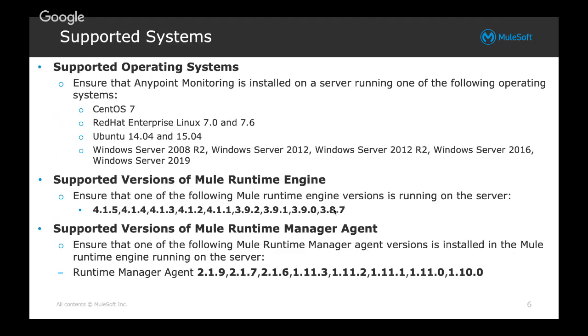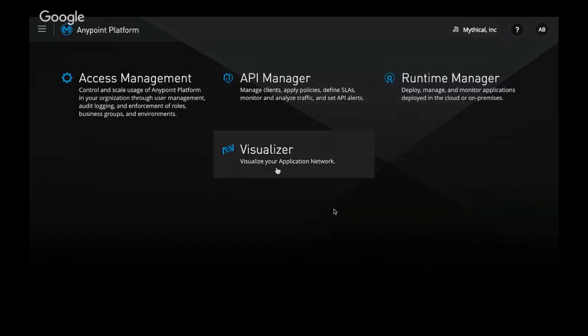In the supported versions of Mule runtime, it is mostly 3.8.7 upwards. I don't have 4.2 here. 4.2 is pretty recent, so I will update this slide to include 4.2 as well. So it's supported from 3.8.7 onwards till 4.2. And then you have to have a Mule runtime manager version also, which is compatible with endpoint monitoring. So these are the versions that currently support Endpoint Visualizer. Moving forward,